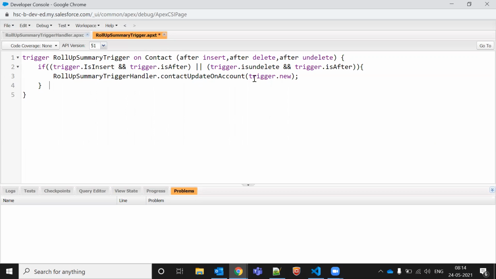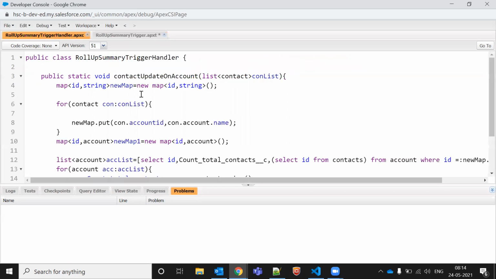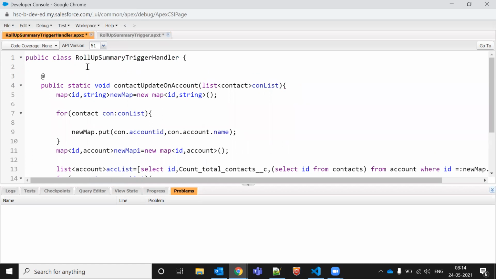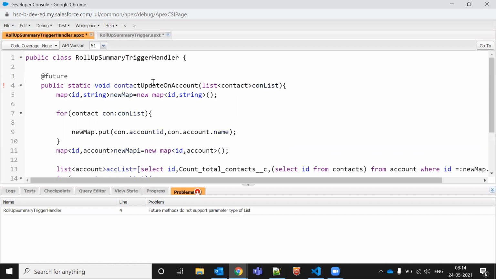But in case we want to use a future method, how will we tackle it? In a future method, first it should have the @future annotation, and parallelly the method should be public, and it should not take a list of sObjects.